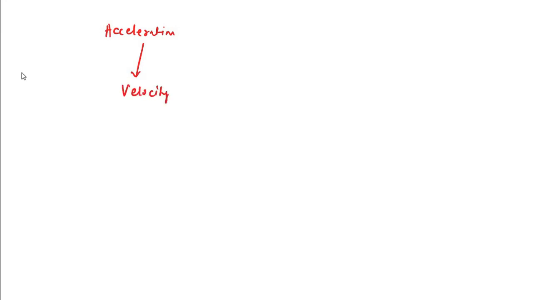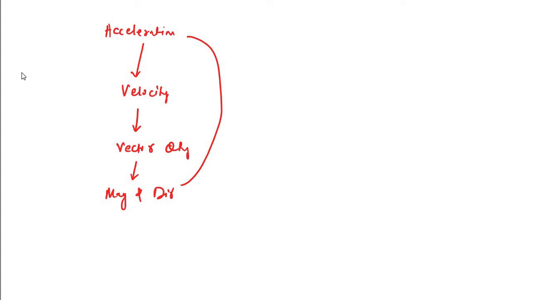Again, as velocity is a vector quantity which has both magnitude and direction, acceleration too is a vector quantity. It has both magnitude and direction. So if we want to understand acceleration, let's say we